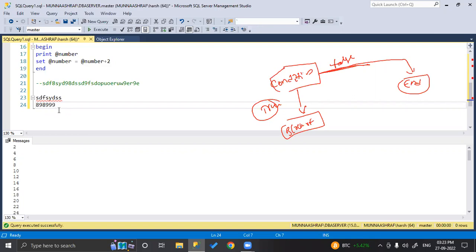Like mail ID, you can write. In a mail we have @ and dots and all, right? So that is a different thing. The string has to be combined with some numbers and characters. Let's say it is like this. So the output should come like this: POIU, then 87. So it should come like this. You can give whatever string you want.